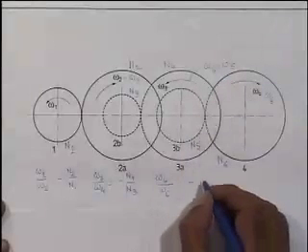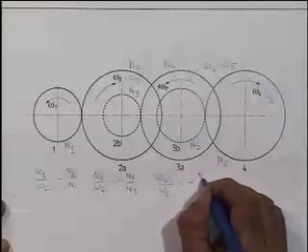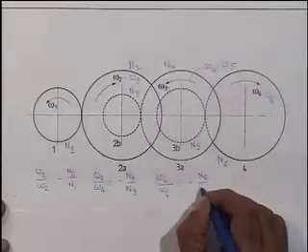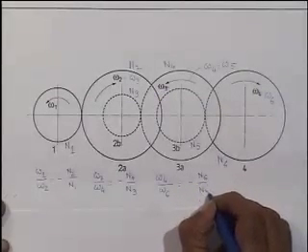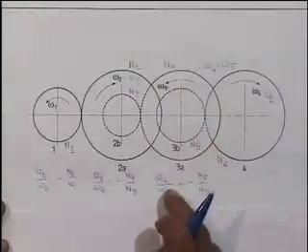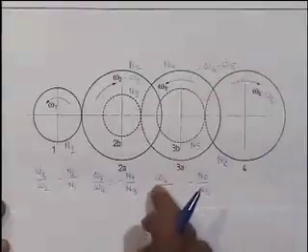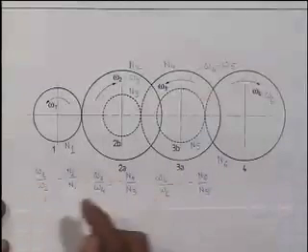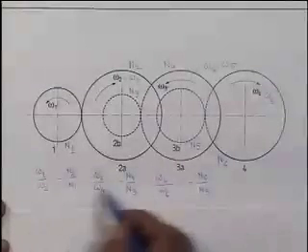So omega 4 by omega 6 is minus N6 by N5. Actually omega 5 by omega 6 is minus N6 by N5, and omega 5 is same as omega 4, so I write this. Now if I multiply all this, as you see omega 2 and omega 4 cancel,